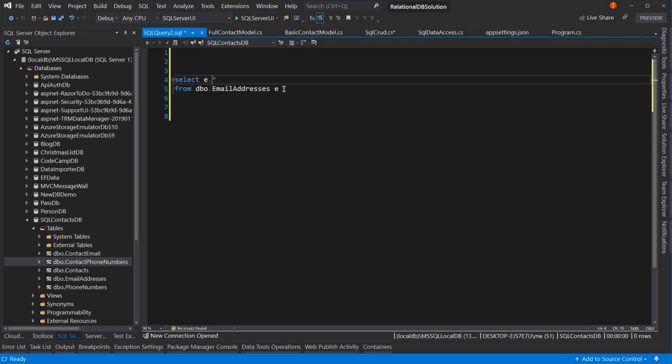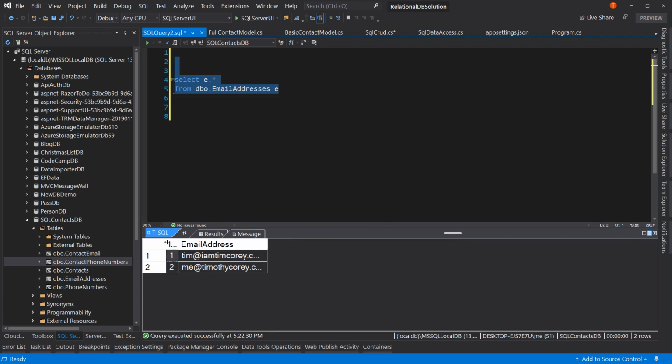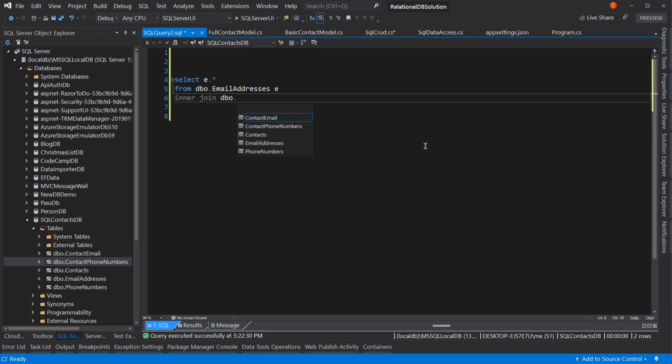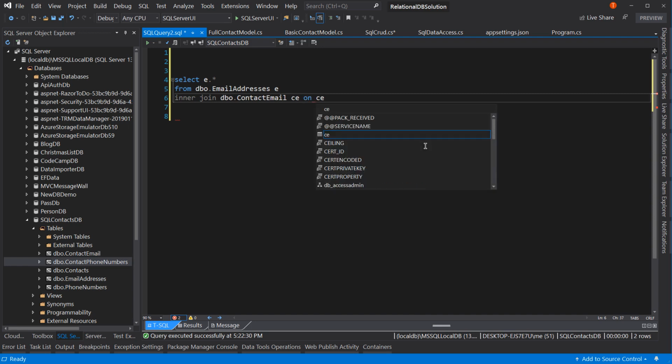If I ran this right now, I'd get 2 email addresses. Okay, that's good. But we're not quite done yet. Now we want to link that to my personal contact information. So we need to do a join. Inner join. DBO dot, we're going to link to the contact email table. We're going to say CE for contact email on CE dot